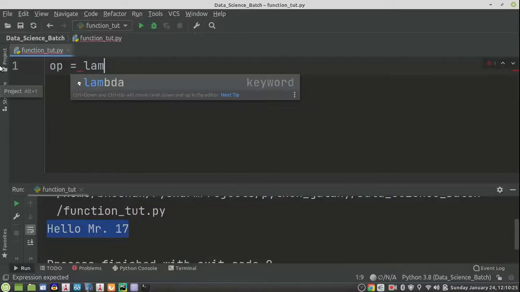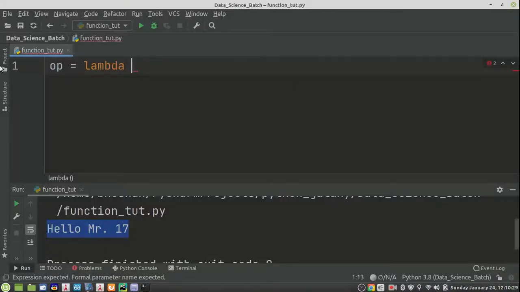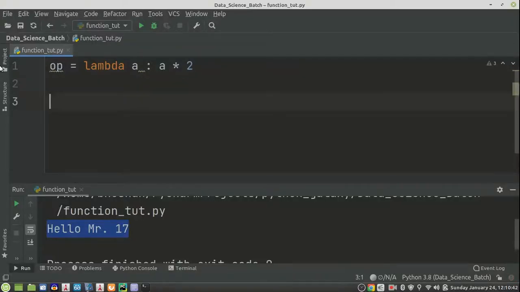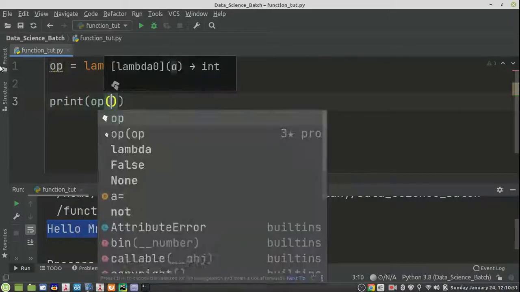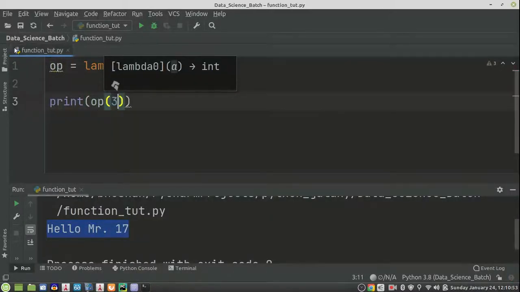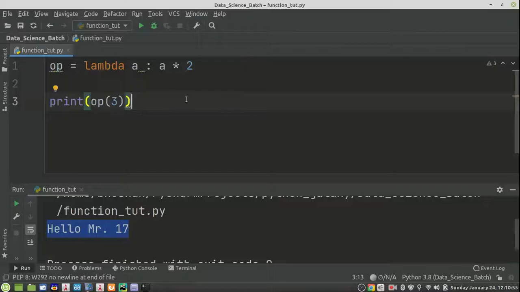I will write a variable name for the lambda function, and then we write the operation on that variable. Now how to use it? If I want to use it, I write OP of, for example, any number, like OP of 3. Now if I run it, I will get the number 6.